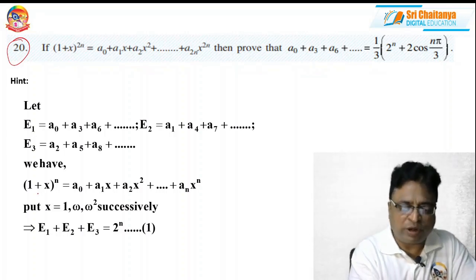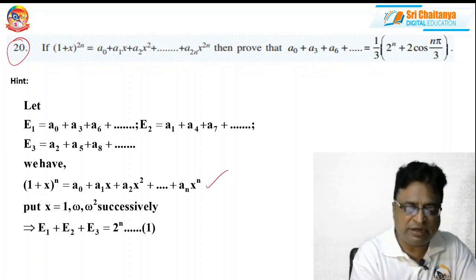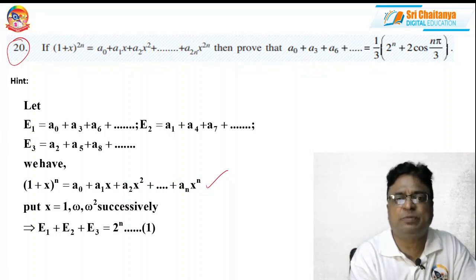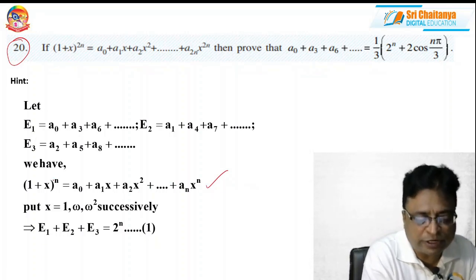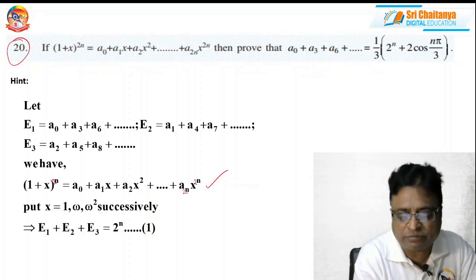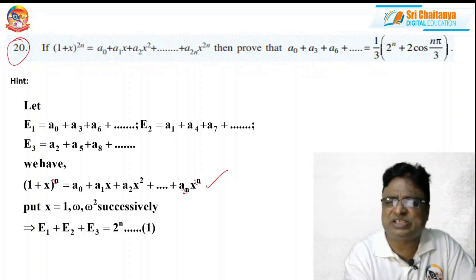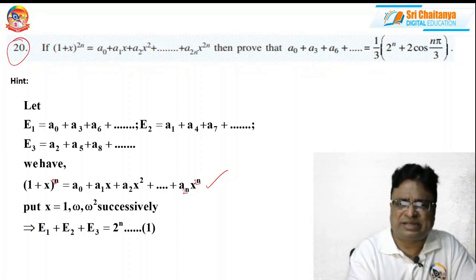Okay. So (1 plus x) whole power n, this is the binomial theorem. That is the given expansion for me. A (1 plus x) whole power 2n, so A2n x power 2n. Don't get any confusion. Whatever it may be, whether it is a 2n or 2 power n, chalta hai.